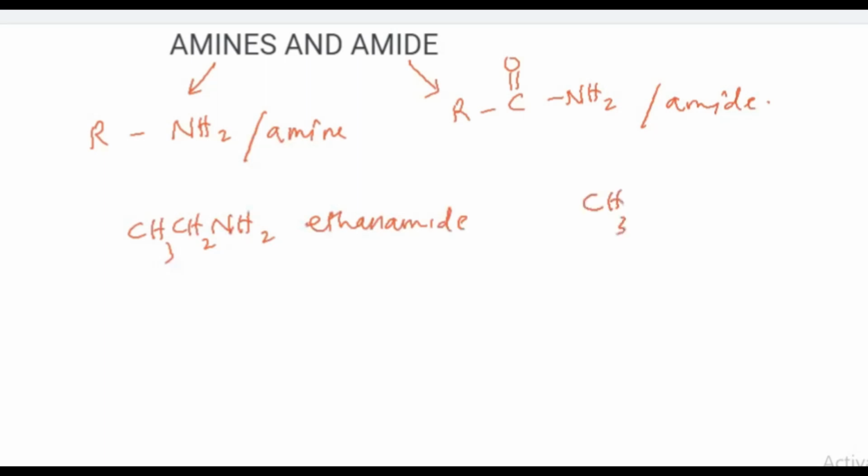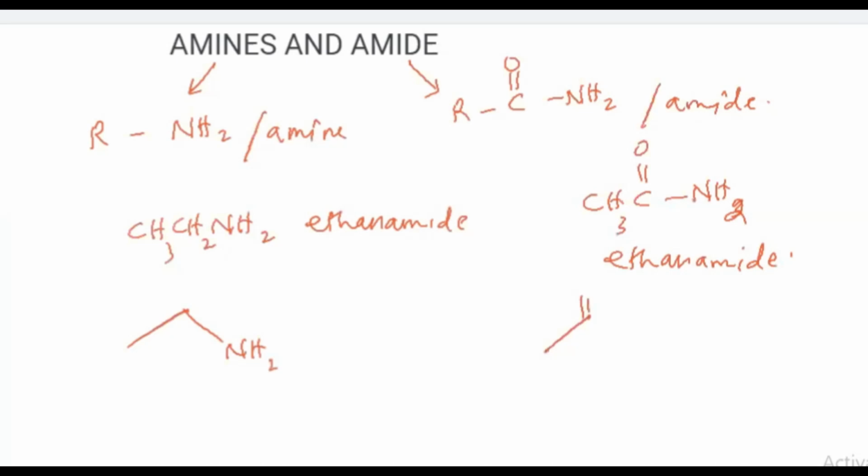But if we add one CH3 in C double bond O NH2, so C double bond O NH2 is amide. So we can say this is ethane amide. So this contains two carbon atoms, and here is a NH2. So two carbon atoms, there is a double bond and NH2. So this is amide. NH2 is amine and C double bond O NH2 is amide. Then